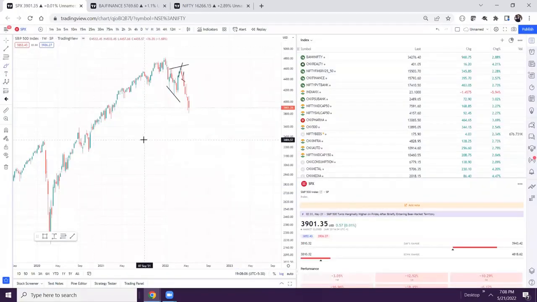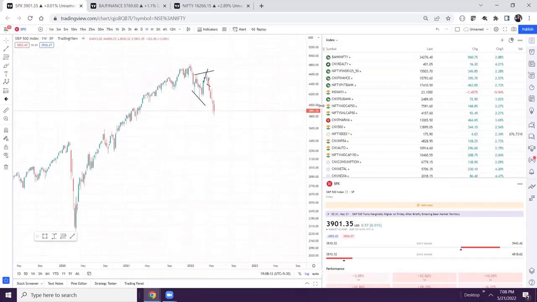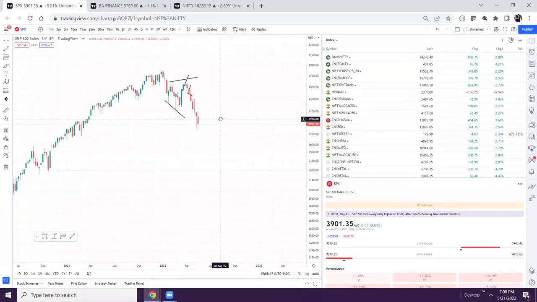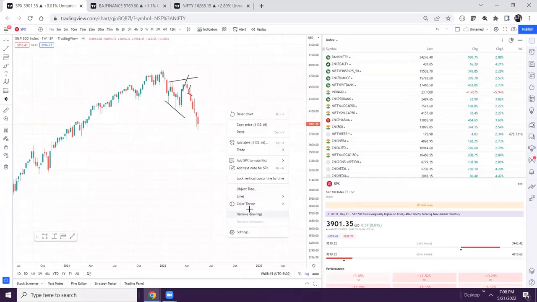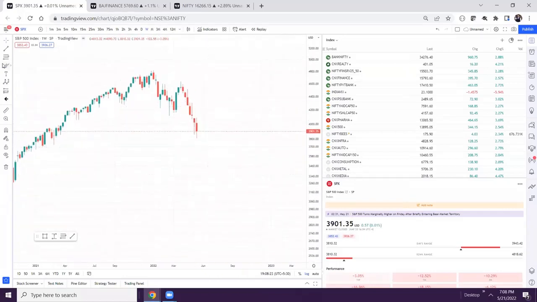So I have one question. Is this on the weekly chart or the daily chart? These patterns get formed on each and every chart. Your eye should be trained to see them. So do you see this